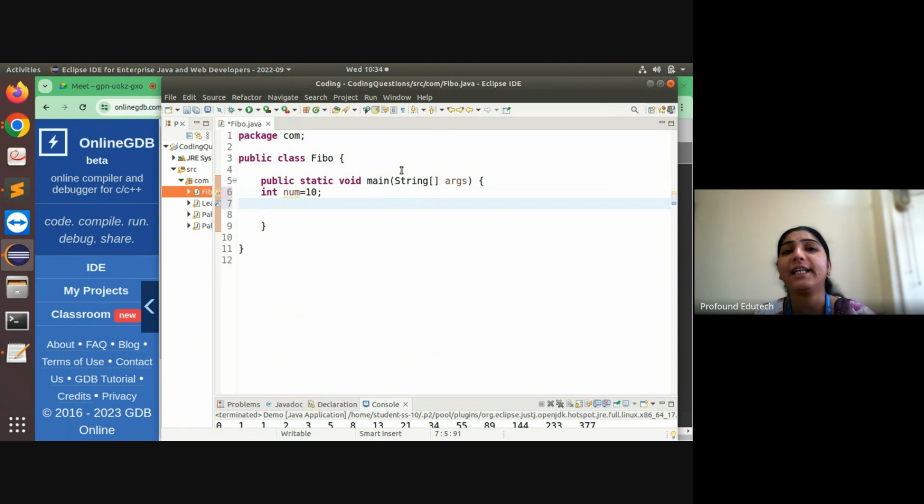In Java programming language, instead of initializing the value of num as 10, you can accept the value from user also. So for accepting the value from user in Java, we can use scanner class. Scanner is a class which is present in util package. So before using scanner class, first you have to import the package, that is java.util package, and then you can use your scanner class. But here I'm initializing the value of num variable, that is 10. Okay, then